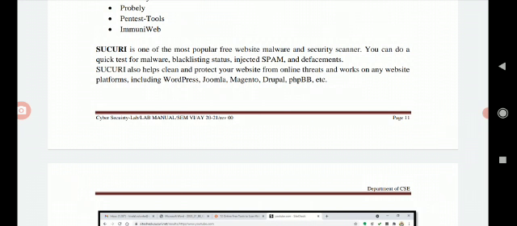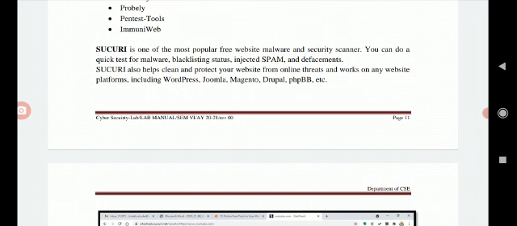Sucuri is one of the most popular free website malware and security scanners. You can do a quick test for malware, blacklisting status, injected spam, and defacement.